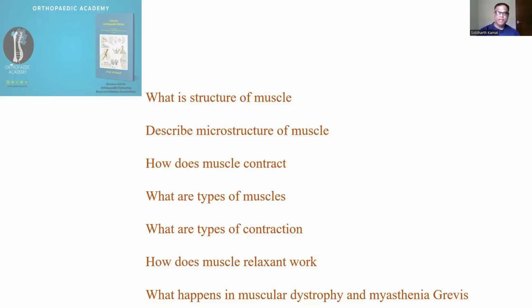This causes depolarization of the sarcolemma, which is a membrane over each muscle fiber,